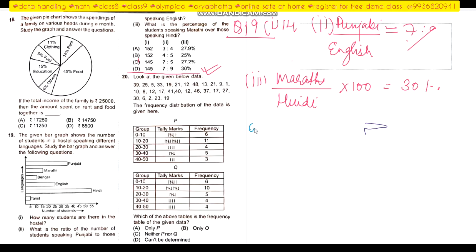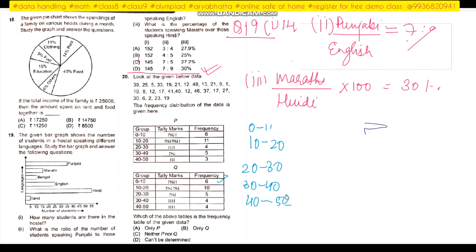What will we do? First of all, we will group. 0 to 10, then 10 to 20, then 20 to 30, then 30 to 40, then 40 to 50. Okay, these are the tables. Now see, is my grouping good? Matching 0 to 10, then 10 to 20, then 20 to 30. Now see, and the match 39. How many times 39? When I match, see my Q is only matching, na? 0 to 10. 1, 9, 5, 8, 10, 2, 6. So which one is matching? This one is matching, right?